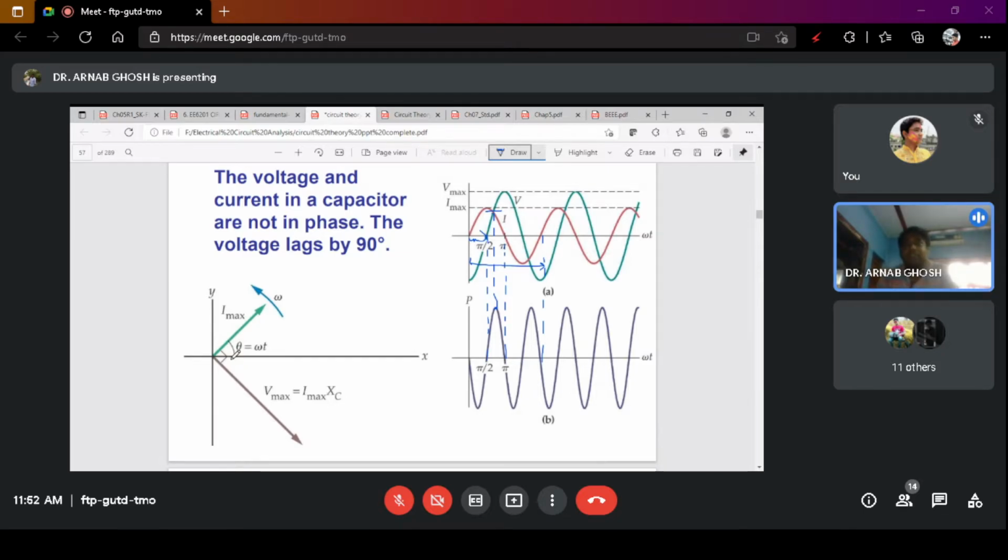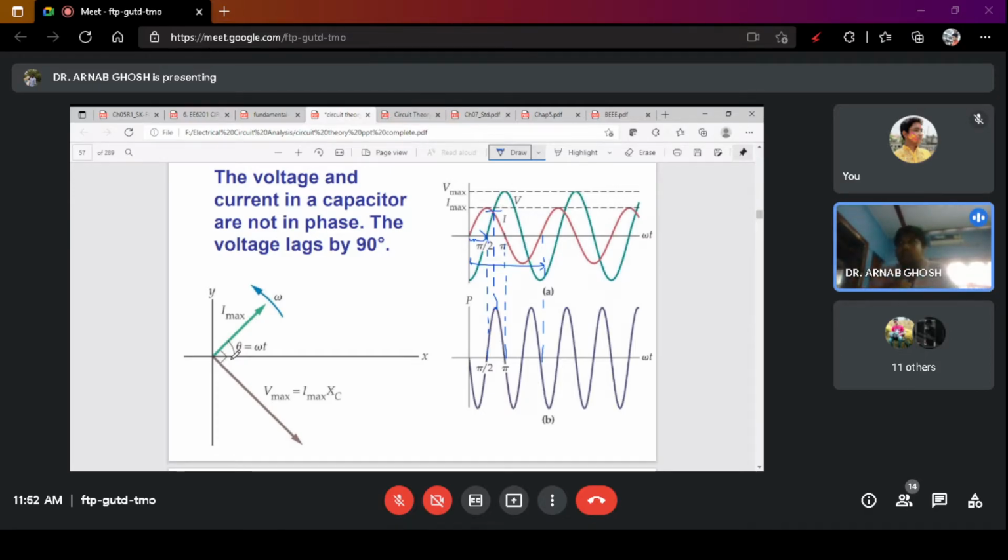So we cannot use a pure capacitive circuit or a pure inductive circuit. We have to use a resistance in association with an inductive or a capacitive circuit. The reason is that if it's a purely capacitive or inductive circuit, the value will be equal to 0. Be it lagging 90 degree power factor or leading 90 degree power factor, cos plus 90 or cos minus 90, whatever it be, that will be equal to 0.